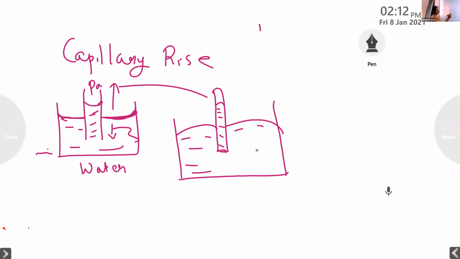Yes? Ma'am, in the first figure, the test tube won't be closed? The test tube is not closed, it is inverted. No, both sides are open. Then only it will experience atmospheric pressure, no? Yes, ma'am. The down part means making the water rise up. The upper part is open so that atmospheric pressure acts.